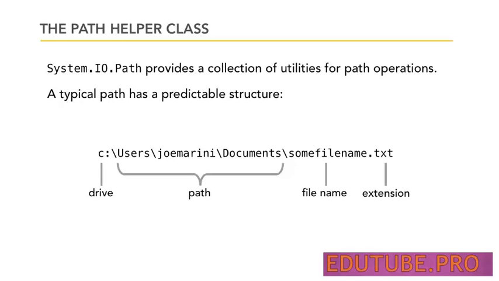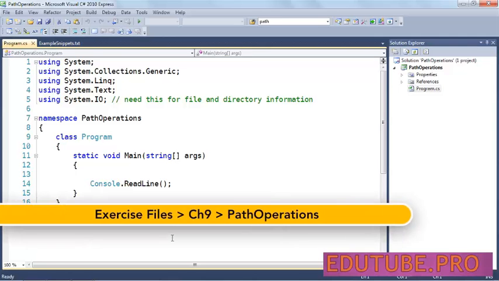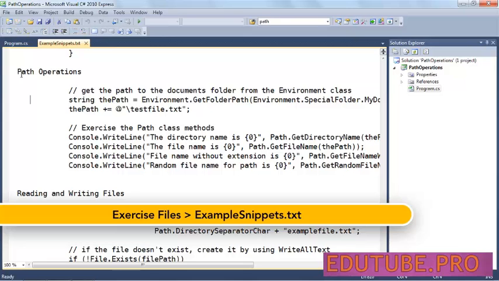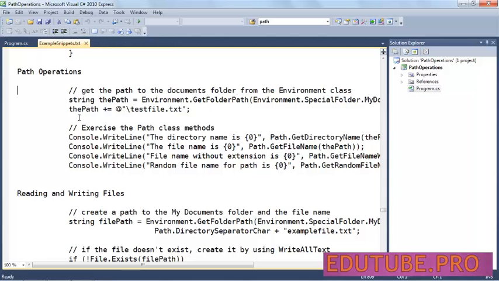Now, not all file systems do this, but some do. Windows, for example, does. And this also works on the Mac. But since we're working here on Windows, we can pretty much be sure that most files will have extensions. So file extensions are usually a period followed by some amount of characters, usually between 3 and 5. So let's take a look at the Path helper class to see how we can use it to help us work with paths. In the path operations example, I've got my snippets file open, and I've scrolled down to the path operations section. So let's go ahead and copy over the setup code,